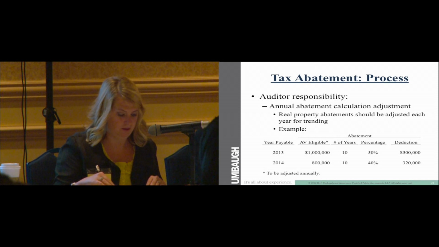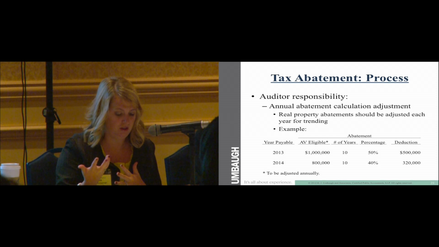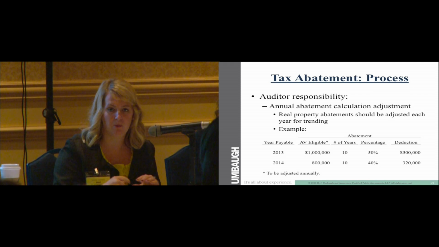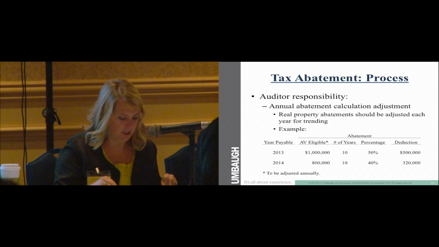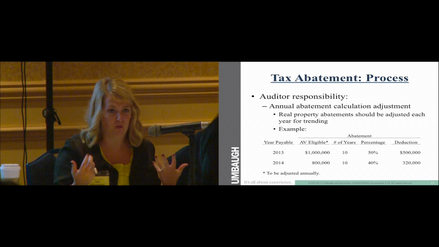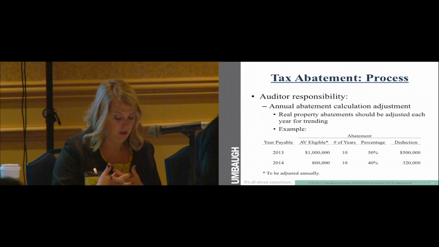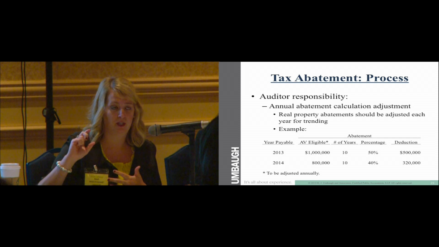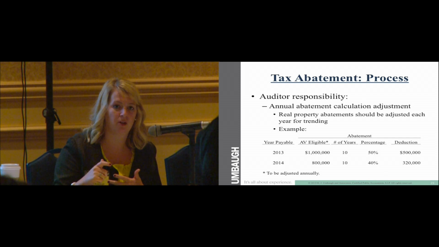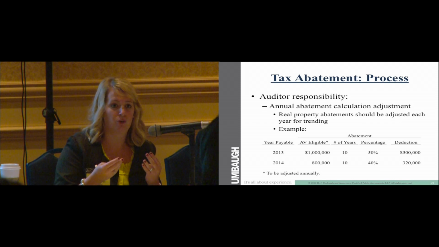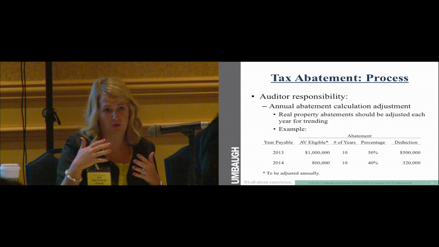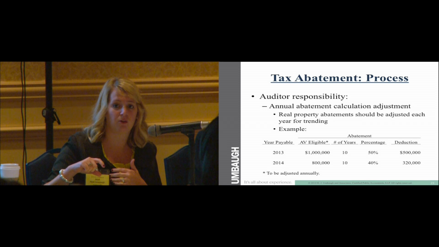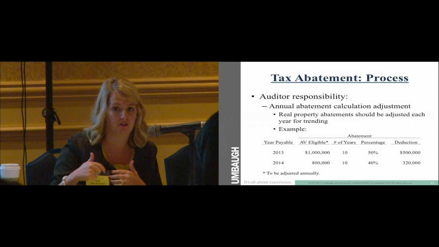So I had just mentioned a few minutes ago what your responsibility is for the real property abatements and the annual abatement calculation adjustment that needs to be made. I know these are questions that we ask when we come in and help with neutralizations in many communities, but for real property abatements on an annual basis, you are supposed to adjust the improvement amount that the abatement is being calculated off of because of trending. As you know, most of the time every year the values go up or down based on trending. When that occurs, the amount that the abatement is being calculated off of should also adjust accordingly.